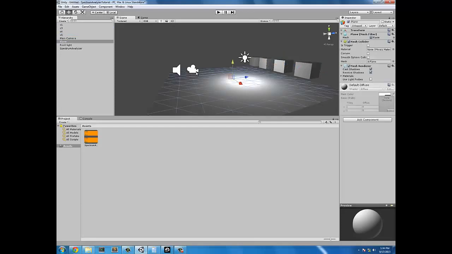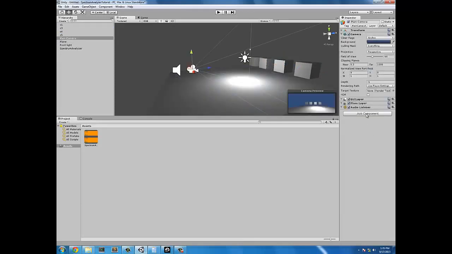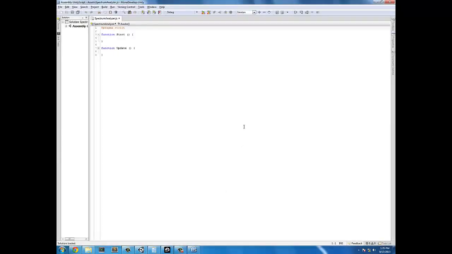Alright, now let's add a script to the camera. Let's call it Spectrum Analyzer. It's just going to be a JavaScript. And in this script, we're going to be referencing what the camera is listening to. The specific method we're going to use to get the audio data is